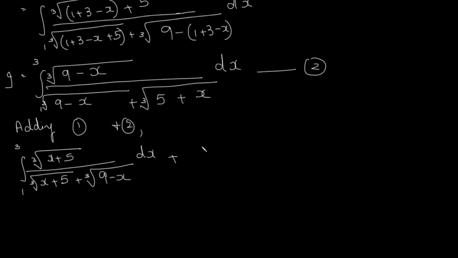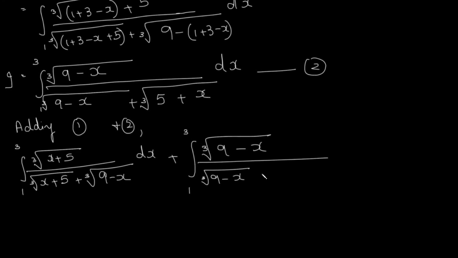Plus 2, equation 2 is what we got above just now, that is the integral of the cube root of 9 minus x upon the cube root of 9 minus x plus again the cube root of 5 plus x